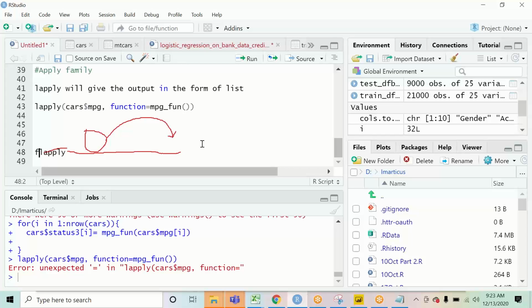unexpected equals to, is that equals to function, sorry, this will not come.